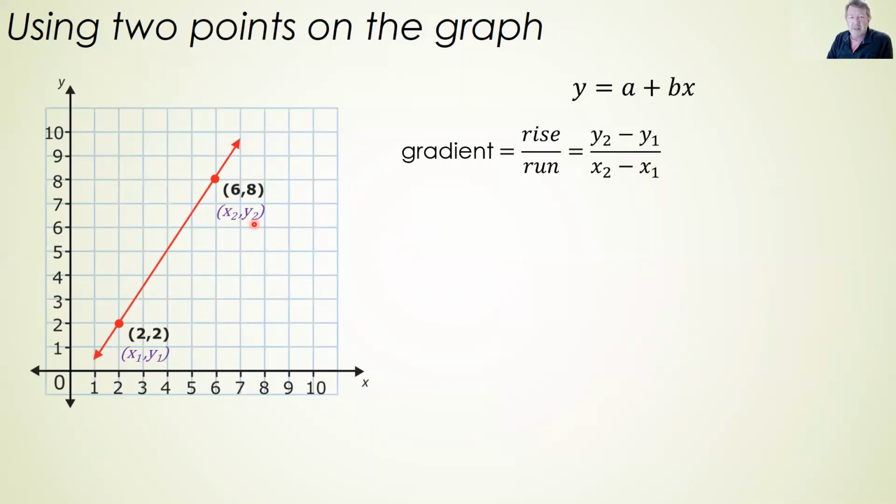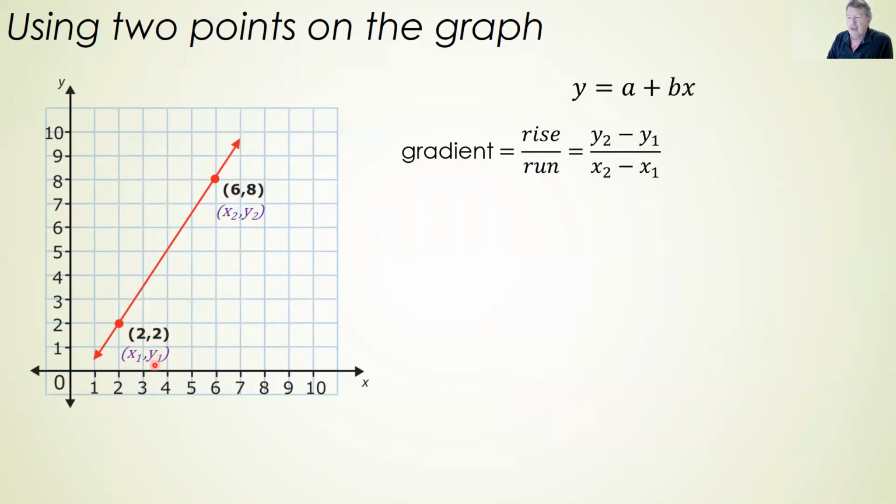We see so many mistakes of people doing things the wrong way around, doing 8 minus 6, and that's y minus x, and it's a mess. Please label your points, x1, y1, x2, y2. Doesn't matter which one's which. That could be 1 and that can be 2. All it's going to do is swap the numbers around up here. Okay? All right, now we've labeled it, so the y2 is 8